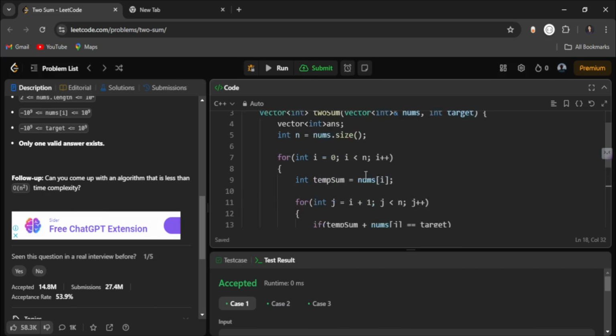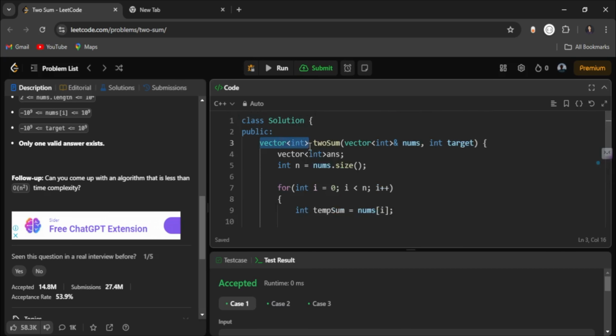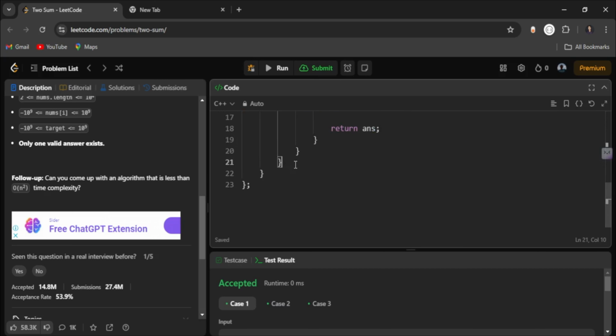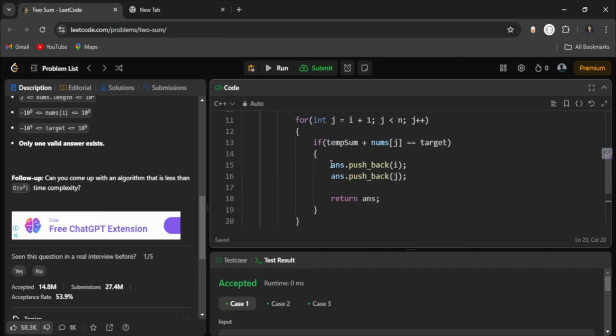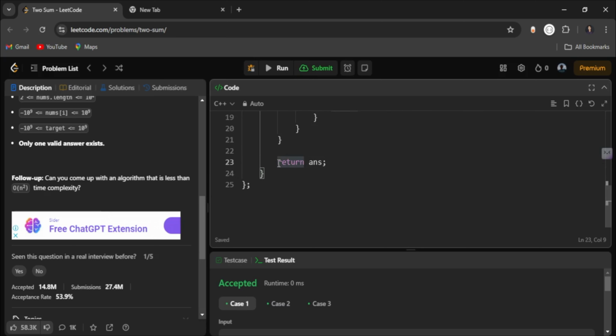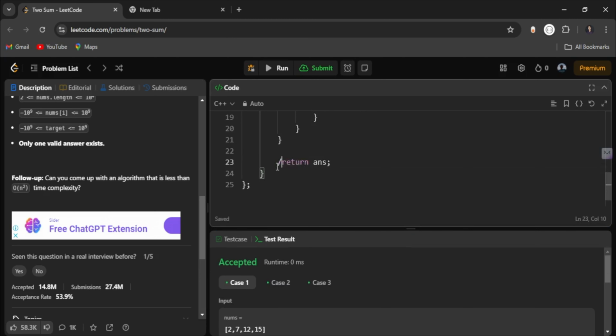Right, so our code is completed. As you can see, the function twoSum returns a vector, right? So therefore at the end we need to return our answer vector as well, else we will get one error. But we know that for every particular input we will have exactly one solution. So at one particular instance our code will come at line number 19 and it will return our answer, but still I am returning our answer here at line number 23, because if I just comment it out and run,